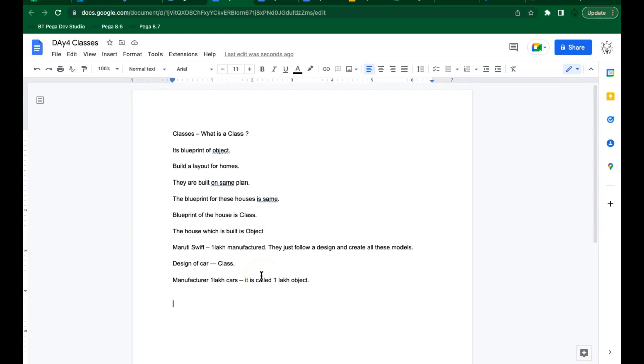They do have one design and they build multiple, or lakhs of, models of that design. For example, Maruti 800, which came really early in the early ages. So they did have a design, and then they built all those models. Same thing is true for Alto. Same thing is true for BMW. Any car, right? One design and multiple cars being manufactured, and every manufactured car is nothing but an object, right? Makes sense. So perfect. So can I say, let's say there is a class called car.